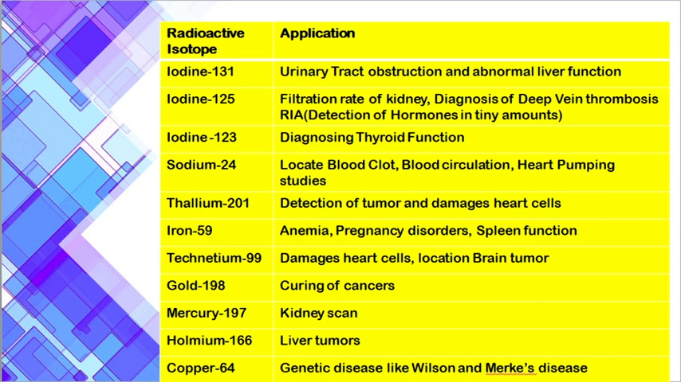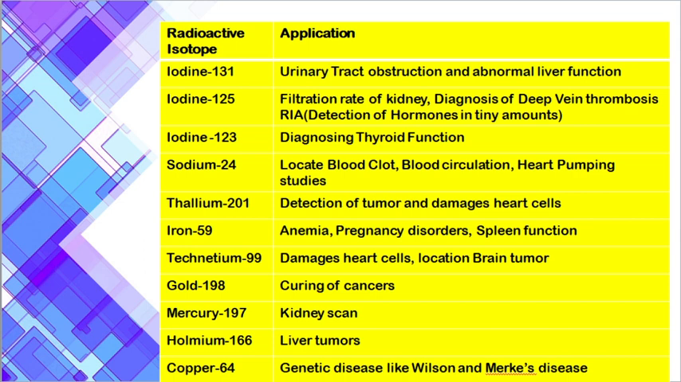In the case of prostate cancer, they will be incorporating this gold in the form of a seed into the prostate gland, and there it will be acting. It will be destroying the cancer cells. Next is mercury 197, which is used for kidney scan, and holmium 166, which is used for detecting liver tumors,